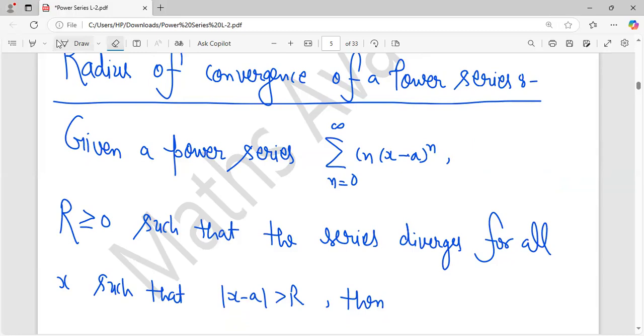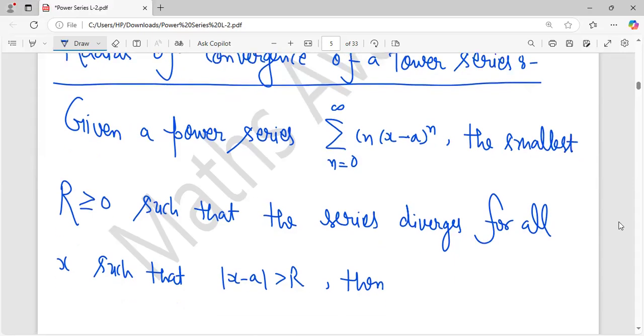Given a power series, the smallest number R greater than or equal to 0 such that the series diverges for all x such that the absolute value of x minus a is greater than R,